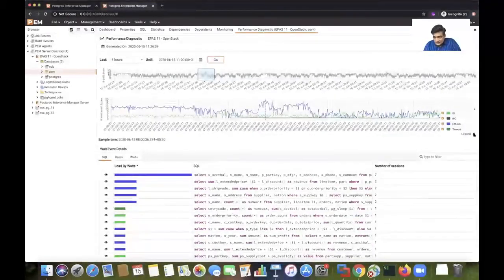Here I can see IO, IPC, lightweight locks, and timeouts happening in this whole timeline.